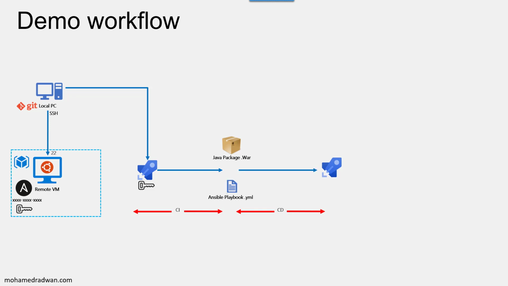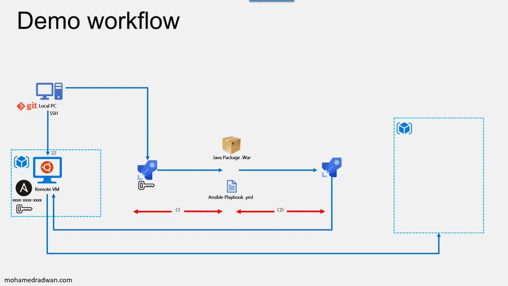The main idea here: first, the pipeline will pick up the Ansible playbook, which is the YAML file, and then start running that remotely on the remote Ansible virtual machine. And this execution will start creating the infrastructure described in the YAML playbook, which will first create an Azure service plan, and then a web app and MySQL database, and then also configure a firewall rule to allow the Azure web app